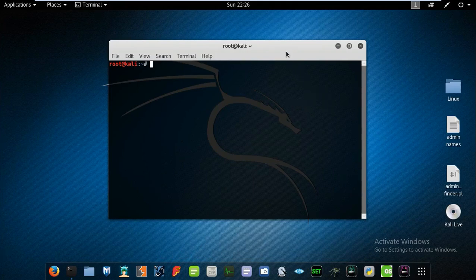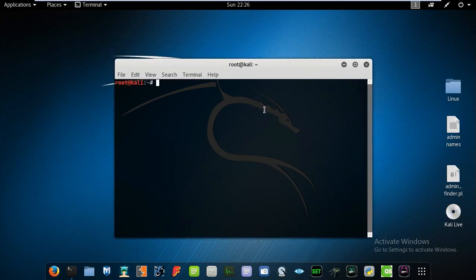So this is our console, and see, if I am typing anything here, as you can see the default color of the font is white, and the root@kali is by default written in red color, right? So what we want is to change the color of the text from white to another, generally user defined color. So for this,